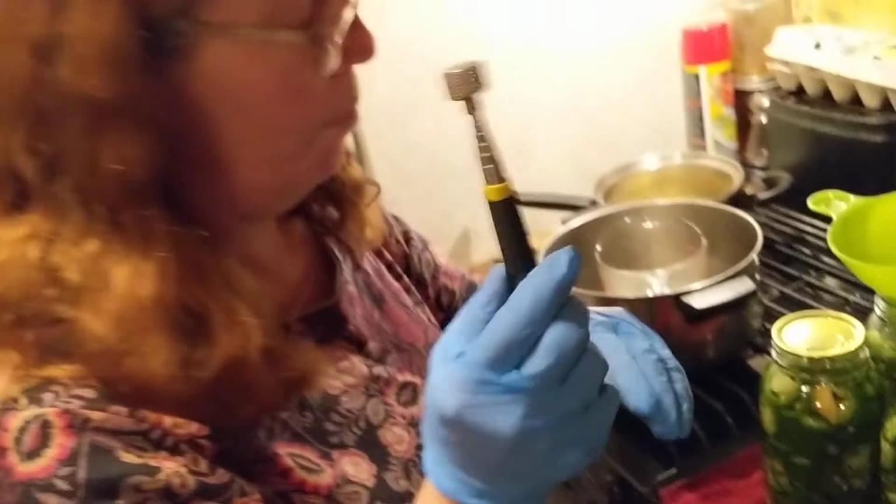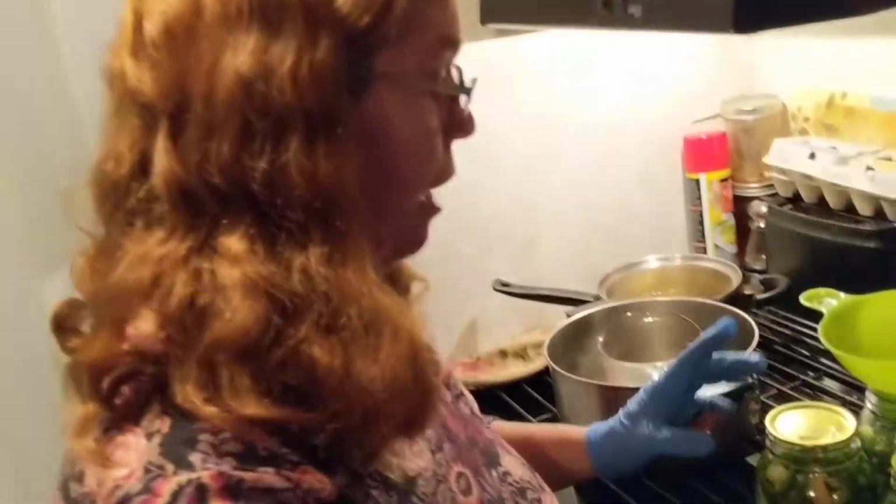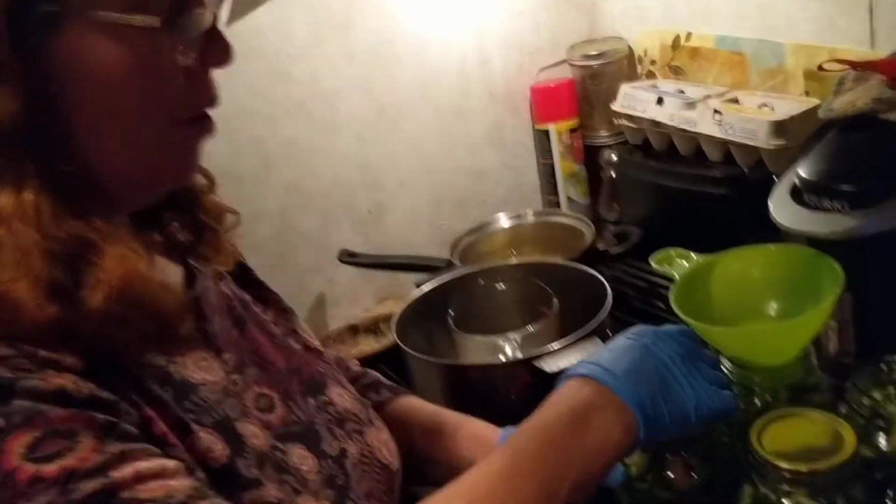Yeah, this is not one of those fancy canning tools. This is like my husband's pickup screw thing, and it works. You know, we take what we got and make it work here. Then you're going to